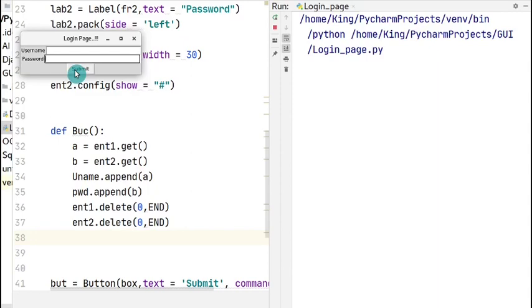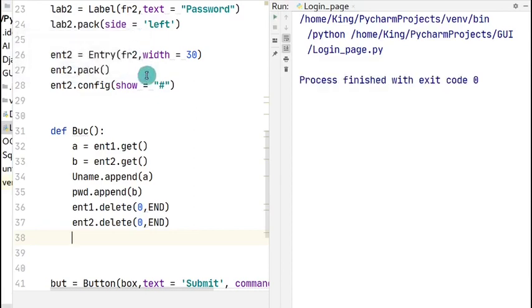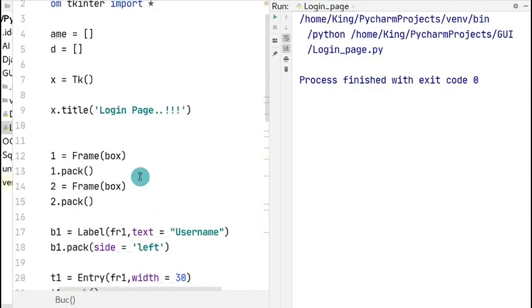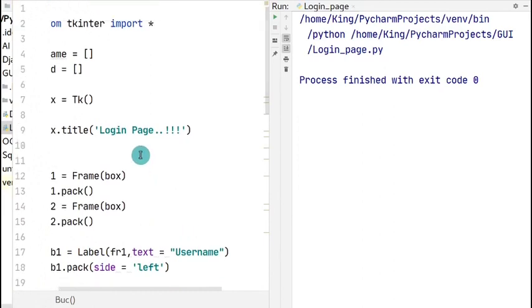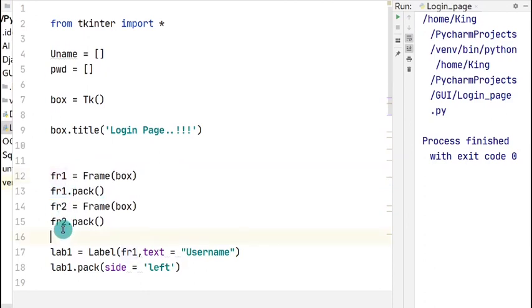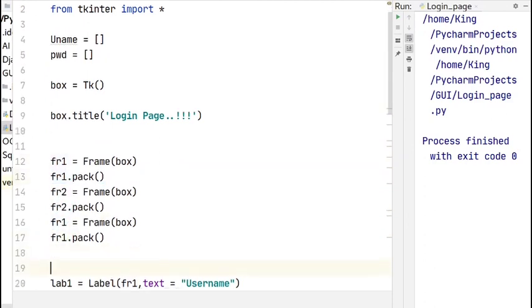Now how do we check whether the username and password are being added into our list or not? For this, let's create another button as check. So let me create another frame for this. I'm going to take another frame as frame 3, and this frame 3 is going to hold the rest of the buttons.